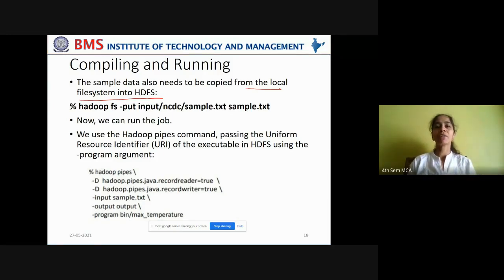That is also available in the local file system. That also has to be transported onto the HDFS cluster. For that, you are copying the sample text file by invoking Hadoop commands, Hadoop file system, put.